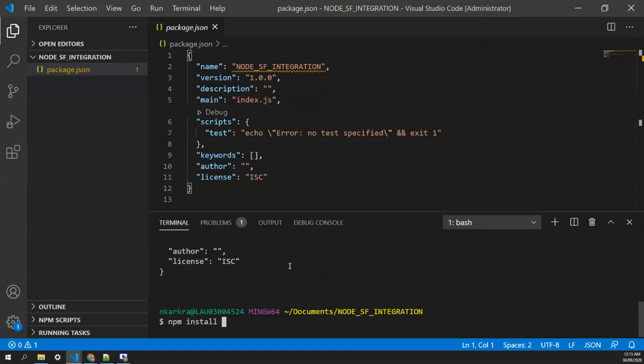First one is express, then space, the second package name is jsforce, and the third one is dotenv, and give --save so that it gets saved in our project under the dependencies. If you want to make it a dev dependency, then you can give --save-dev, but that's not required for this particular project. And hit enter.